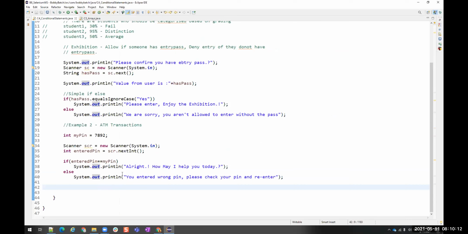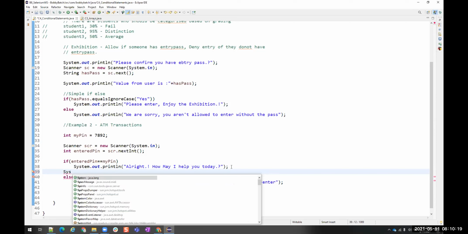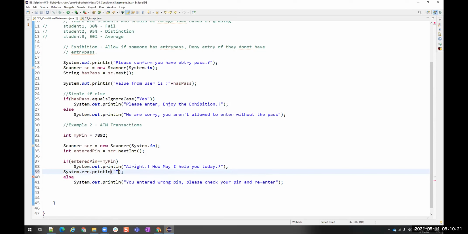But if there are multiple statements inside the if block, for suppose, select a transaction: withdraw, change PIN or check balance.